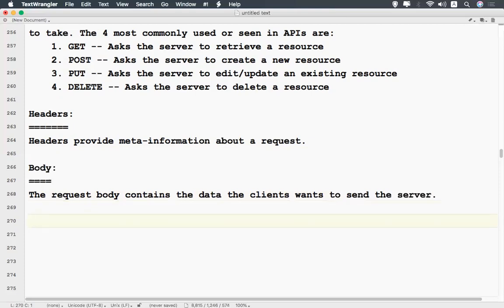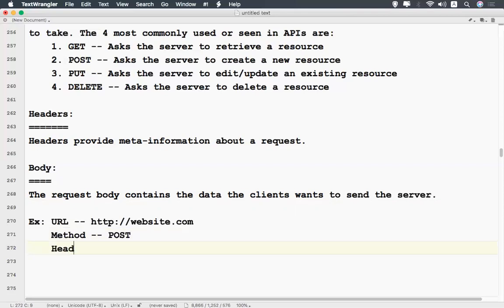Okay. If you take an example, URL means what? HTTP colon some website.com. Whether it is google.com or facebook.com, abc.com, xyz, whatever it is. So when you say method, let's assume it is post. When you talk about header, you are sending user agent.